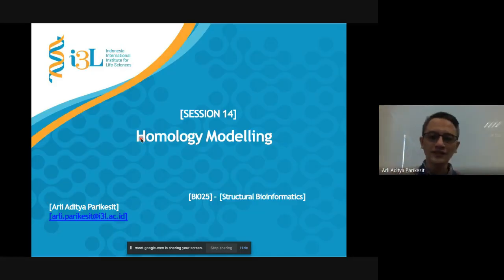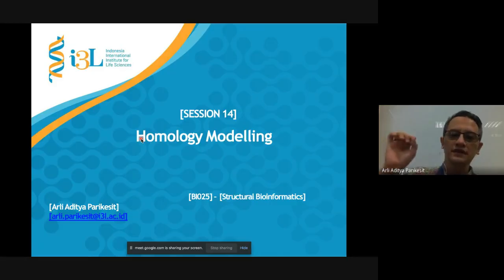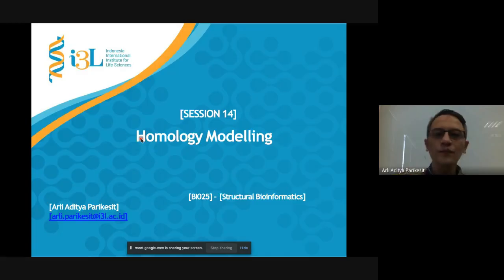But the question is, what if you don't have the structure? What if you only have the sequences, but you don't have the structure? Are you going to spend billions of rupiah to run those experiments just to get the structure? The answer is, you don't have to.